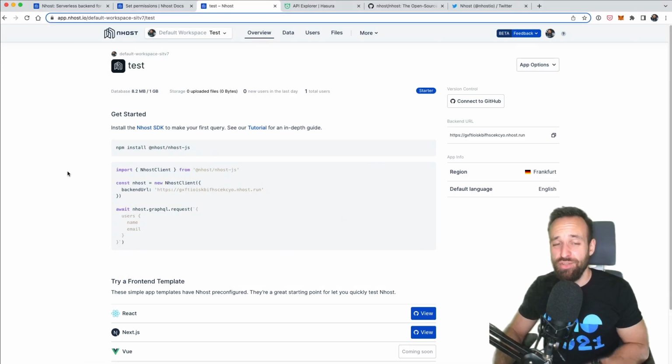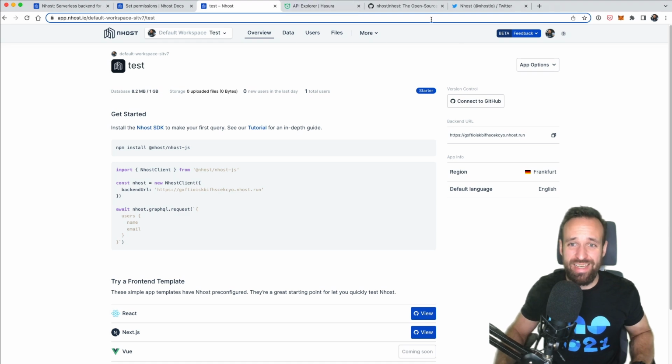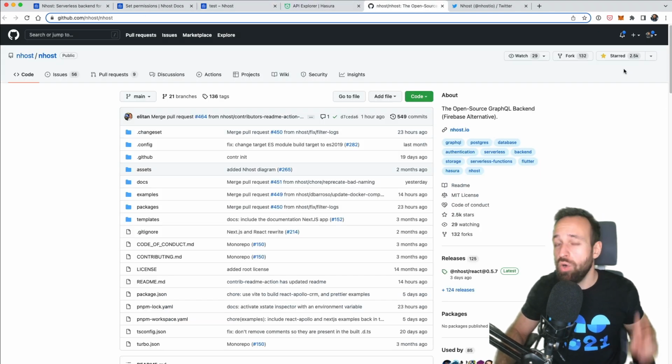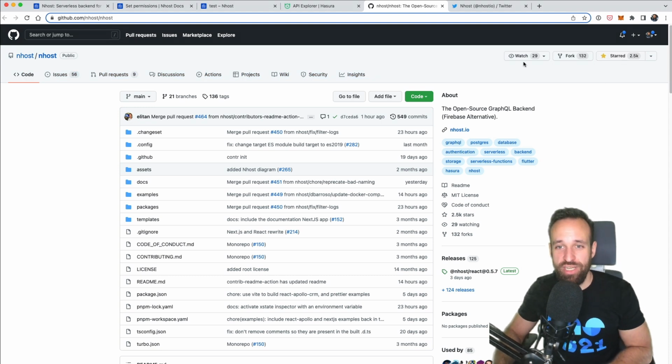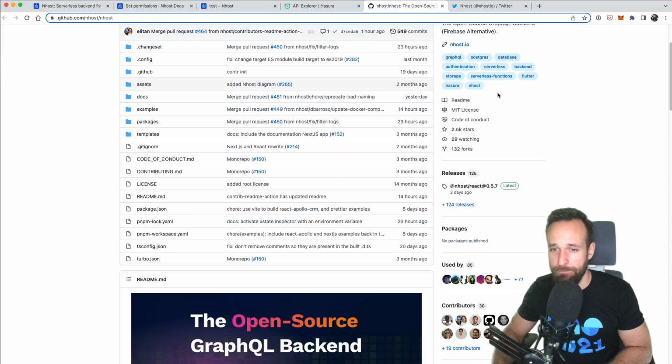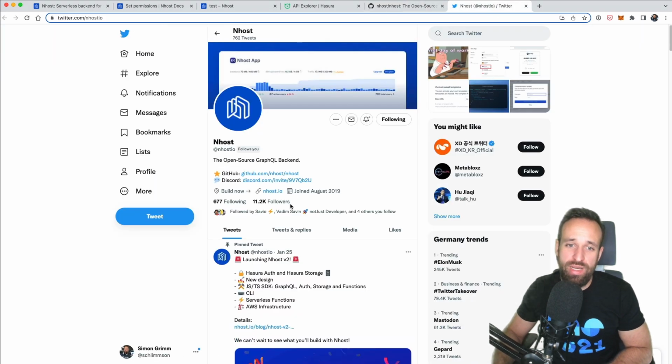Now, in terms of general audience size, we must talk about this. Nhost only got 2.5k stars on GitHub at the time of checking out, but it was usually among the trending repositories. And on Twitter, it's lagging a bit behind, but still, this is a great start of 11k followers.